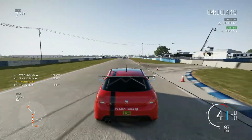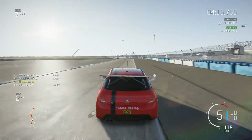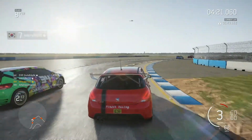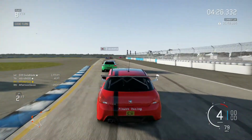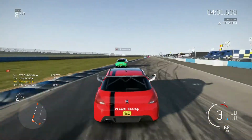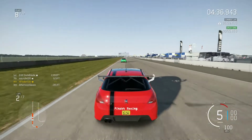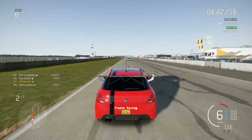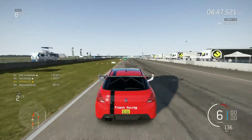You can see my "I am very slow" warning there to the people behind, just as a bit of banter really, because the last race I got P12 and P11, so you know, a bit of banter there to egg people on to try and overtake. And there you can see it's working for MacLeod 100 as he gets past on the outside in the Scirocco R there. I think the Scirocco R is slightly better through the corners than the Peugeot. I'm not too sure about that though. I know that the Peugeot is fairly decent in a straight line though. Not the best in a straight line, but it's okay. Although, like I said, the Scirocco R really is getting a lead on me,